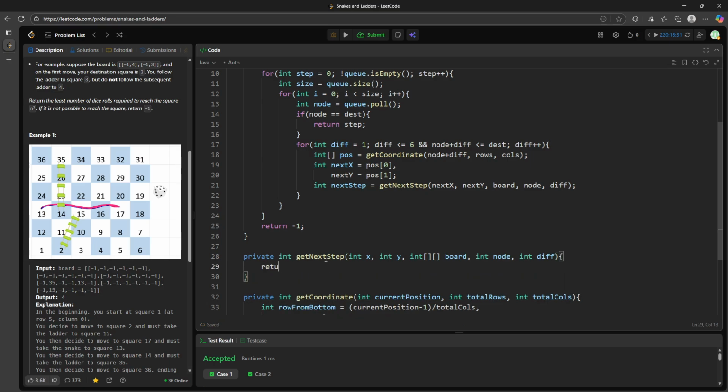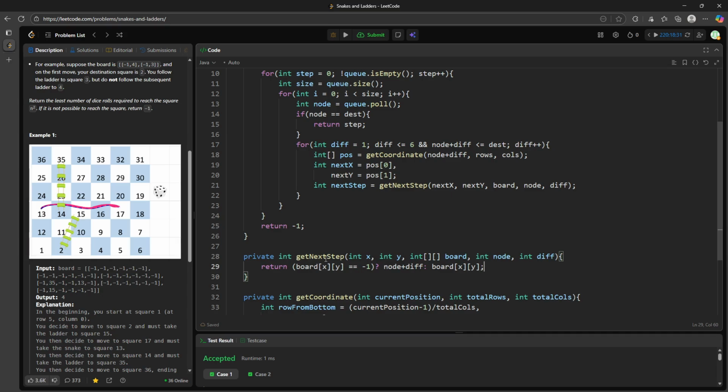So there might be a better way to describe this. I'm saying for x and y, if x and y is -1, that means that you can visit, right? So you can visit is going to be node plus diff, and then if for xy does not equal -1, then I will visit the